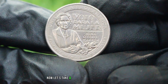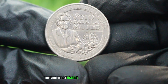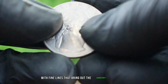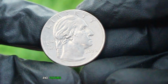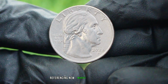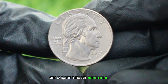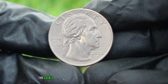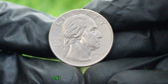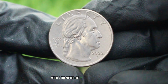Now, let's take a closer look at the design details. The Nina Otero Warren quarter is beautifully struck, with fine lines that bring out her expression and features. The background features subtle elements referencing New Mexico's cultural landscape, such as native flora and architectural motifs. The coin's weight and composition are standard for quarters: 5.67 grams of a copper-nickel clad alloy with a diameter of